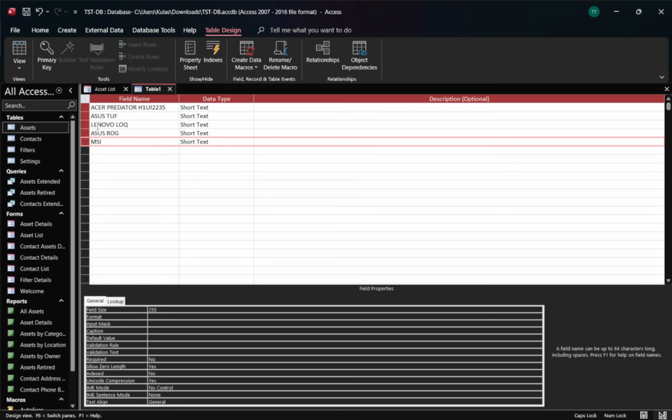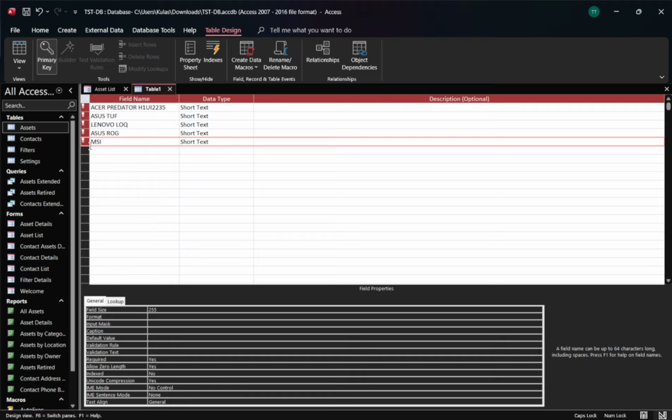With the correct field or fields selected, go to the Table Design tab on the ribbon and click the Primary Key button. You'll recognize it by the small key icon. After you click it, a key symbol appears next to your chosen field or fields in the design grid. That visual cue confirms the primary key has been set.